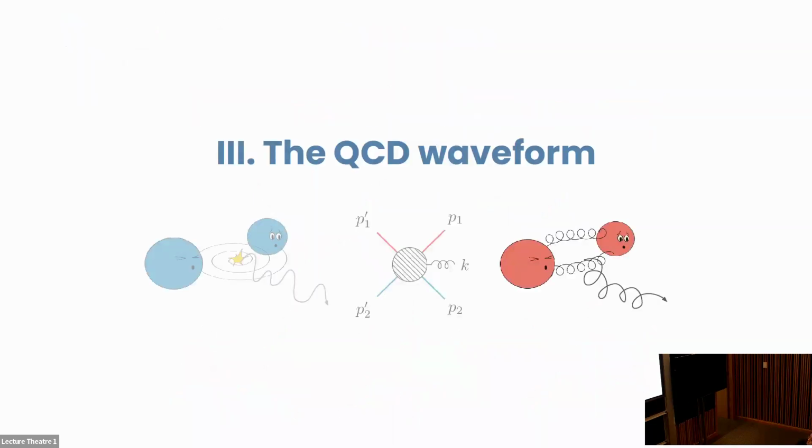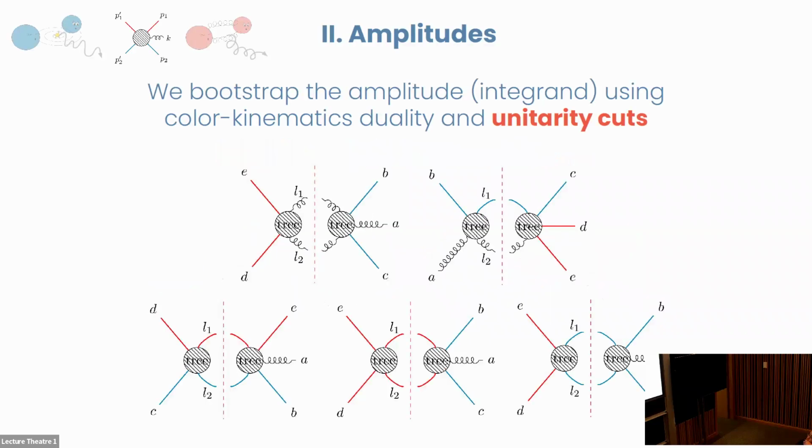Okay. So now I realize that was very quick, but now we have, yes? I can ask, so I remember that when one does this color kinematics duality at one loop, one has to add somehow terms that vanish upon integration, like tadpoles and corrections to the external legs. Do you consider them, or do you already think that because they are quantum, you can drop them at the beginning?